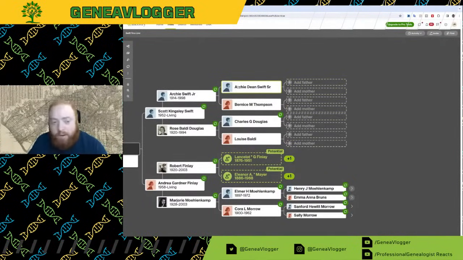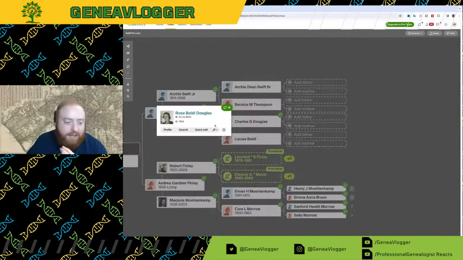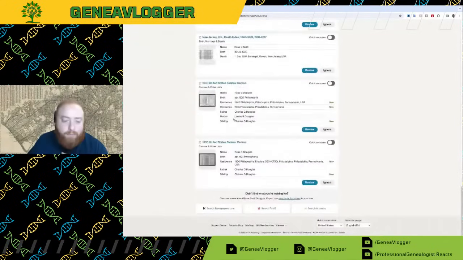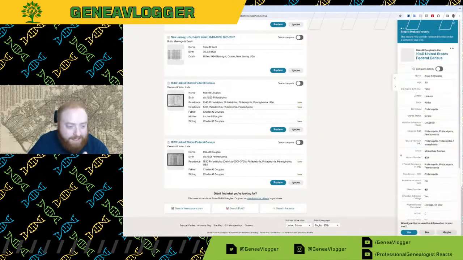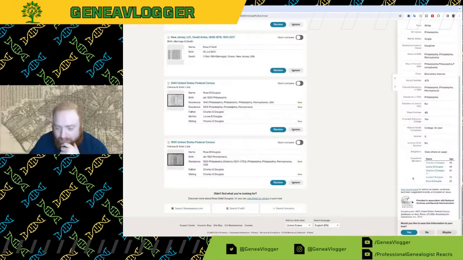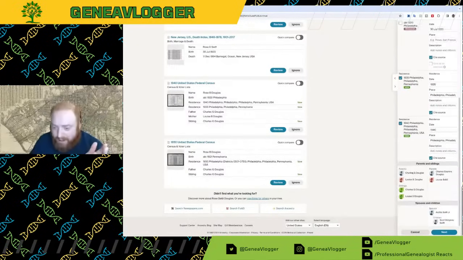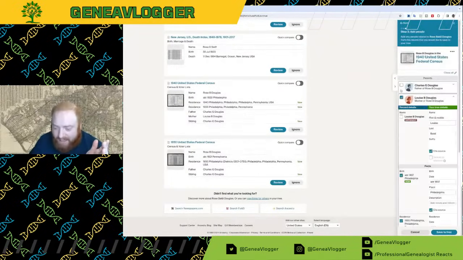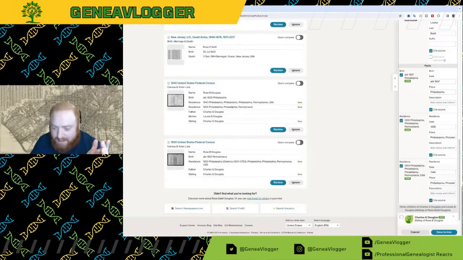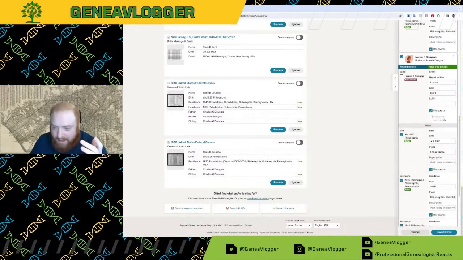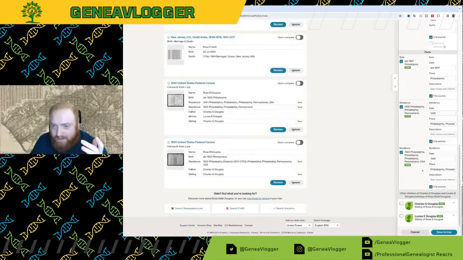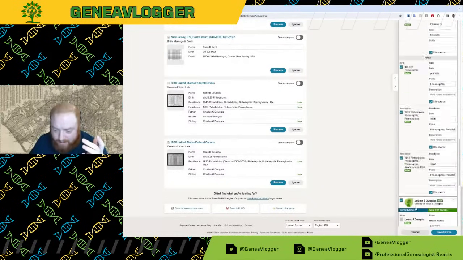And the main reason for that, knowing Ancestry, is because there's barely any information here other than names. So because of that, we are going to go back to her, and we're going to see if we can find any records that will add more information for her parents, most specifically a census record. So here we've got the 1940 census where she's 20 years old living with her family. This one looks pretty good. We're going to add that in. That adds some birth dates, some regular stuff. There we go. Let's add the siblings.